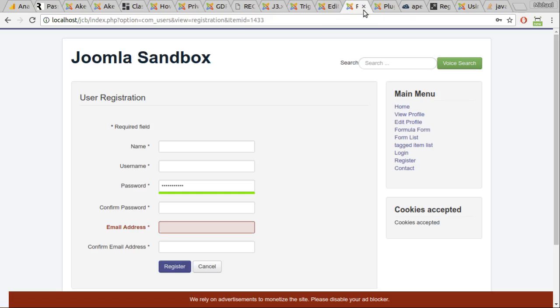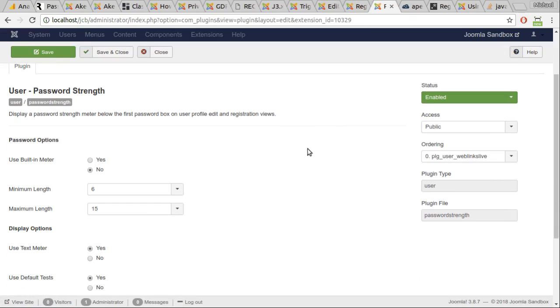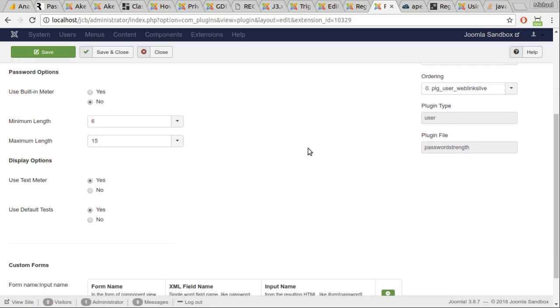let's go back to my plugin here. Let's turn off the built-in meter. You know, I need to get rid of that. That needs to go elsewhere. I'll fix that later. The